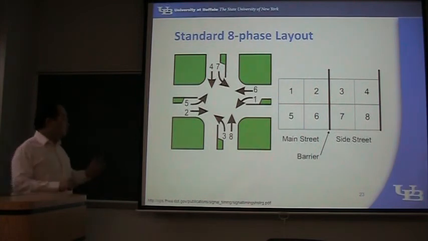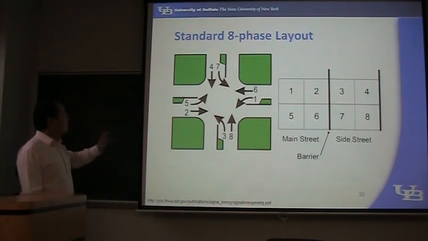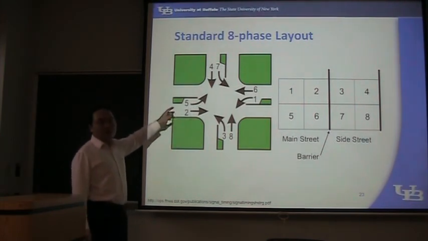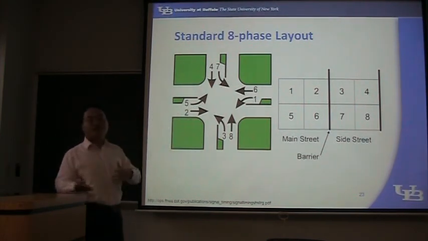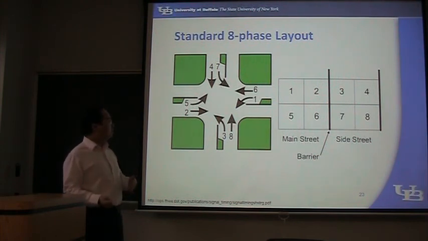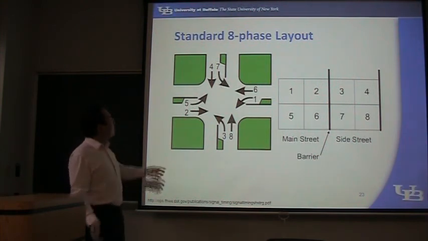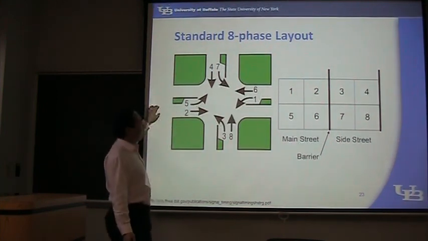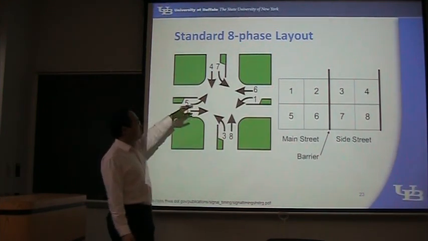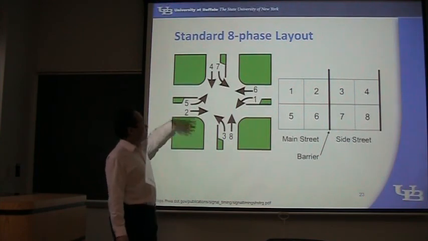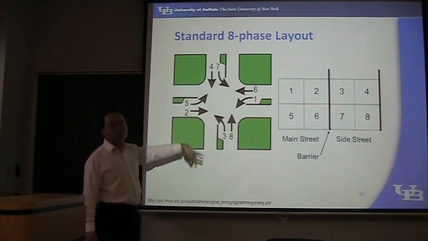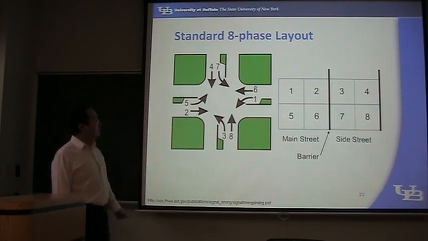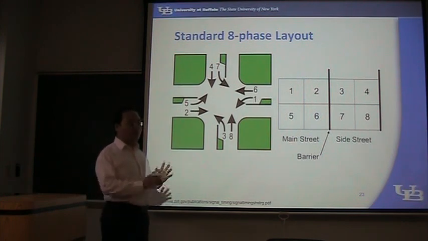Now let's go to a more academic part. So let's consider an intersection. Let's review some concepts in traffic that you learned. So we have intersection. We have a major street or main street, eastbound and westbound. We have a side street, northbound and southbound. And we created 4 phases